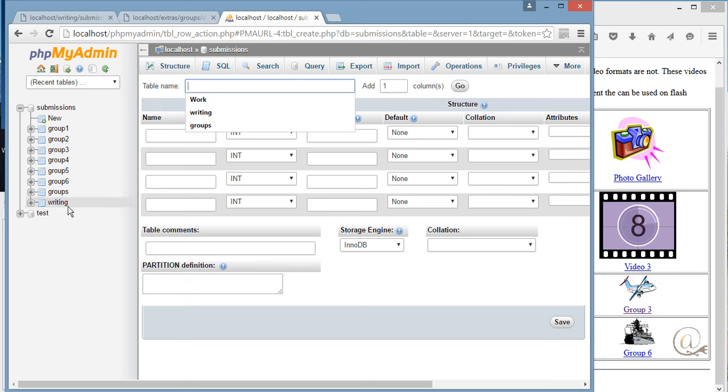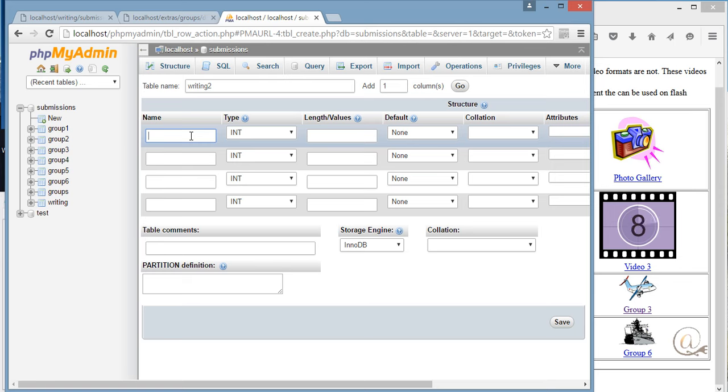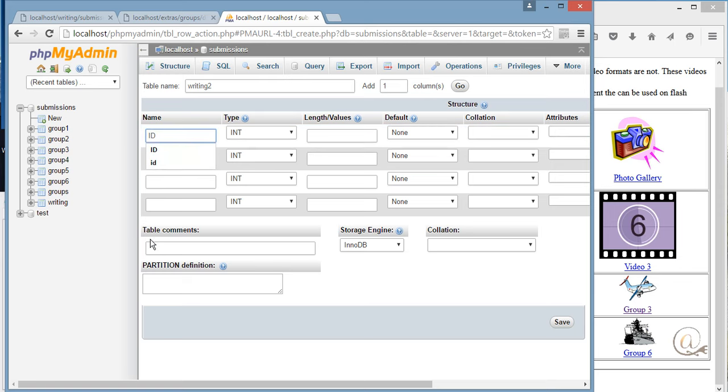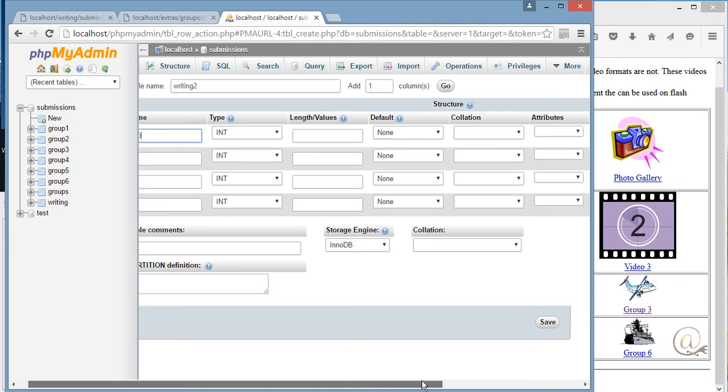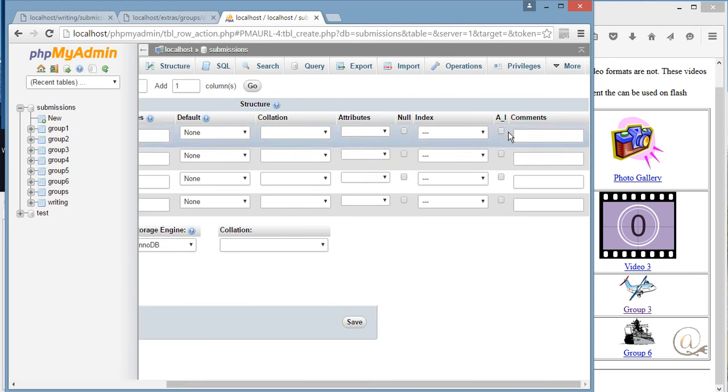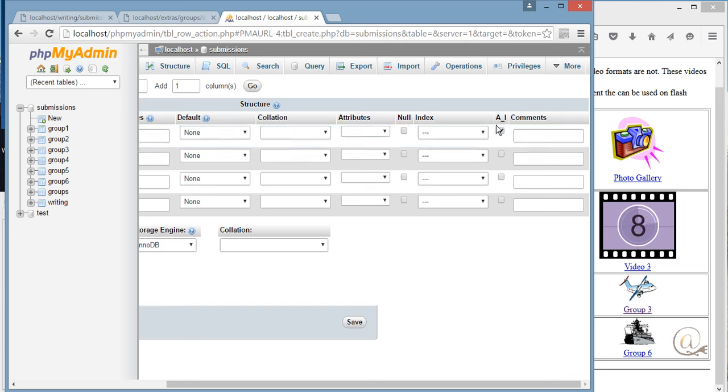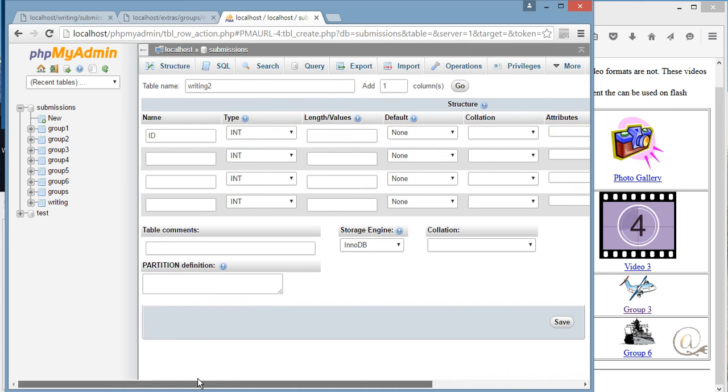What's my table name going to be? Well, it would be writing, but I've already got one called writing, so just bear with me as I call it writing 2 so it doesn't cause some problems there. In here, I'm going to have ID, and we need that one to have a certain attribute. It's got to be automatically incrementing. So that's what the AI stands for here. We want that to create a number and go up by itself,